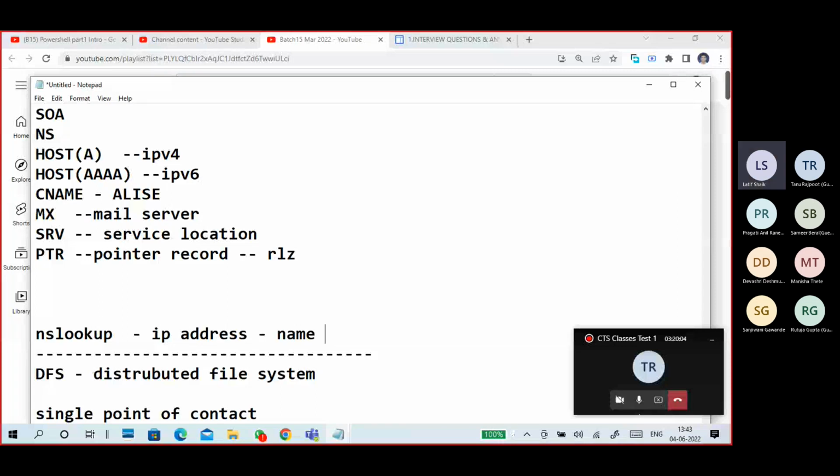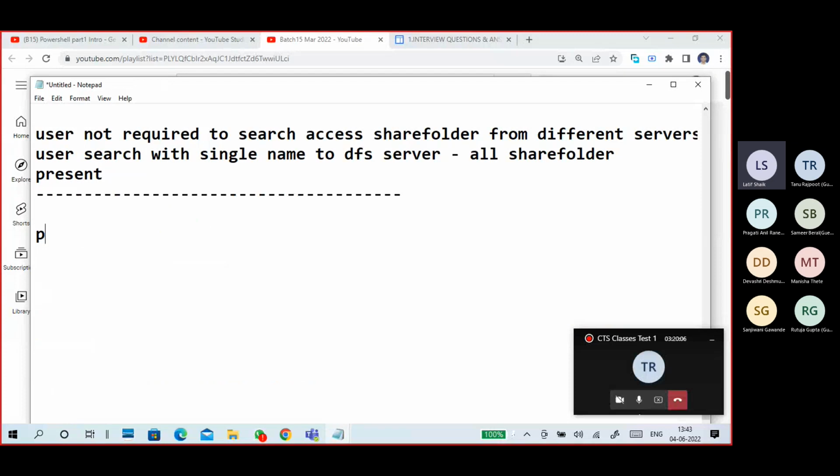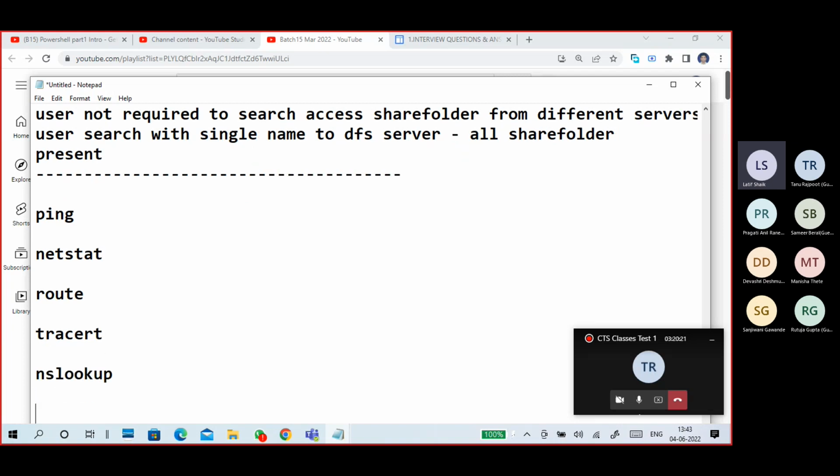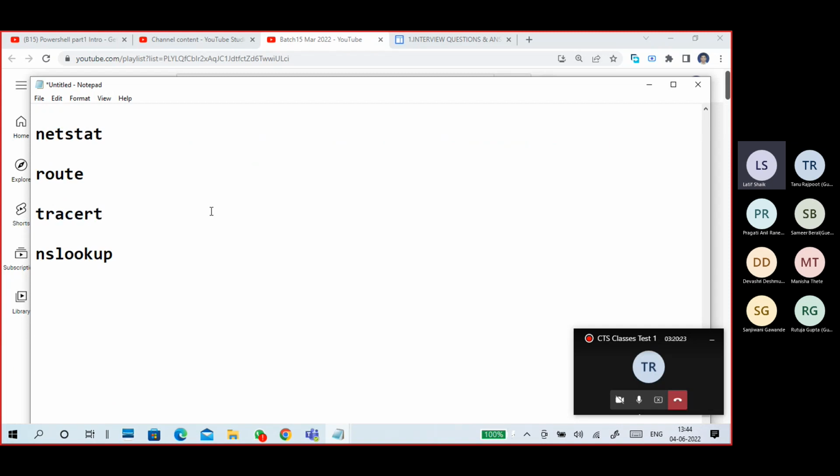Okay. Yes, network-based commands are also very important. What is the ping command? What is the netstat command? What is the route command? What is the tracert command? What is the nslookup command? Okay, so these are very important.